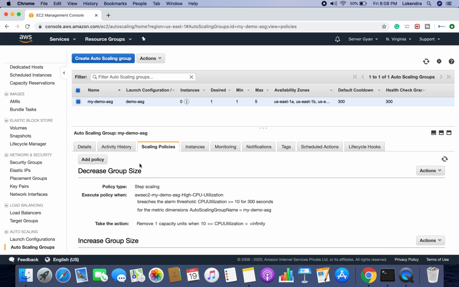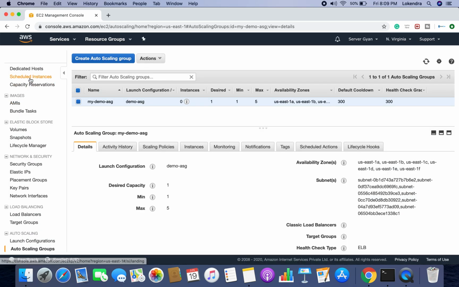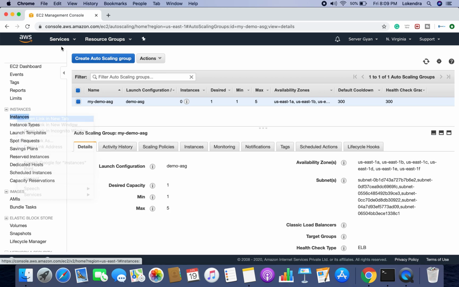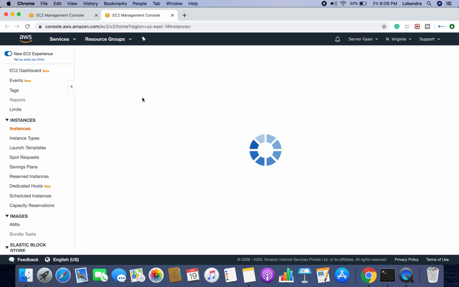Whenever I modify this parameter here, like desired 3, if I mention desired 3, minimum 1 and maximum 5, what would happen? Guys, let me take you to that tab, instance ID, and open it in a new tab. You can see this auto scaling group has created 1 server for me. Obviously the minimum group size was 1 and maximum was 5, so it will create only the minimum number of servers. But if I modify that auto scaling group, it will add some other servers for me.